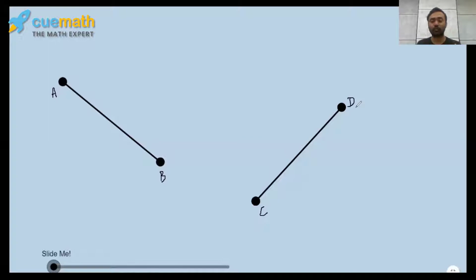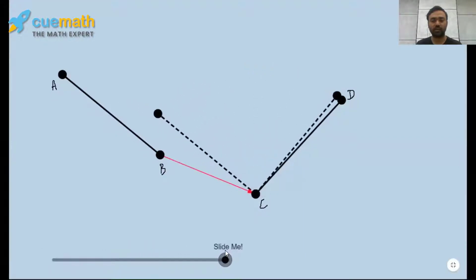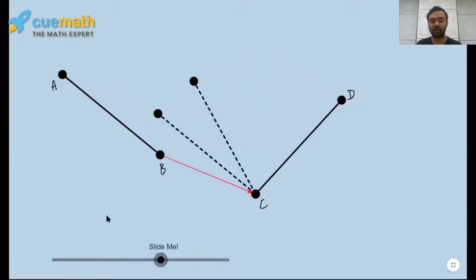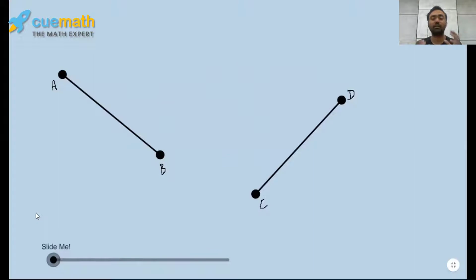Now, if we have to prove that these two line segments are congruent, there is a very important criteria, which is that two line segments can only be congruent if they are of the equal measure. For example, in this case, if we just use this slider and we move AB in such a way that it overlaps with CD, so we can say here that the line segment AB completely overlaps the line segment CD. So in other words, we can say here that the line segments AB and CD are congruent. Hence, two line segments are congruent if they are of the equal measure.